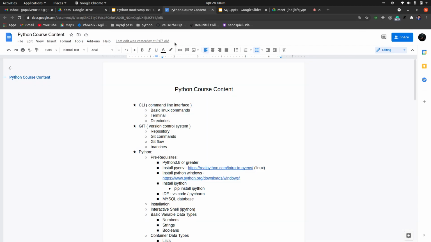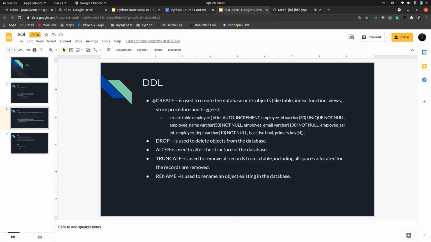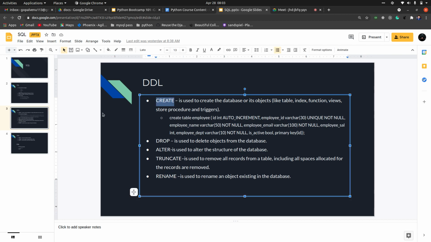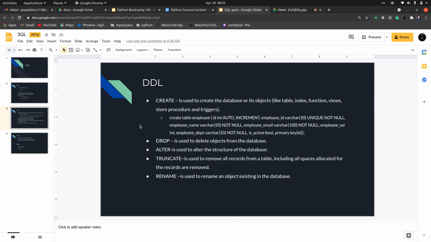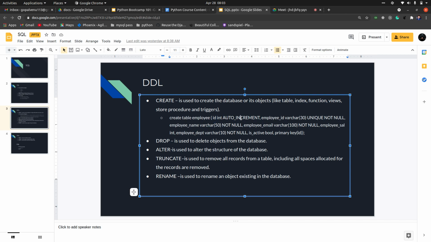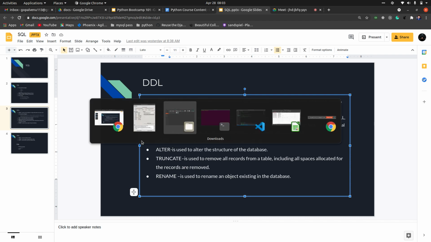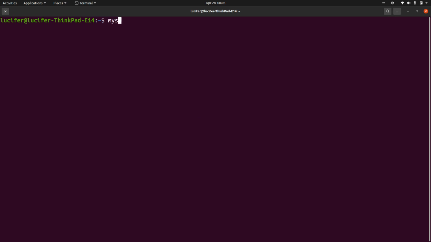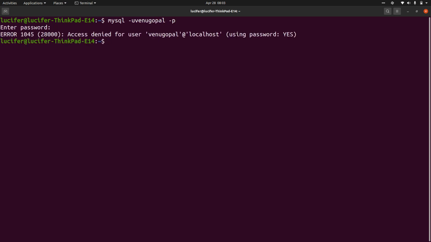Okay. So we are with SQL. We have covered the create command, right? How to create a database, how to create a table, along with multiple column names and types of constraints as well. Okay, we have done all those things. Now let's move ahead. We'll see how we can use other kinds of commands as well, right? So let me show you. Let me log into MySQL. I hope you guys installed MySQL.